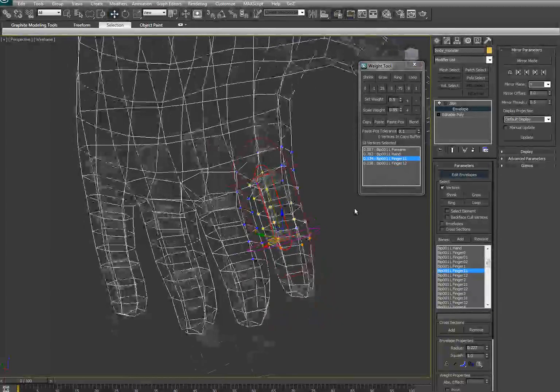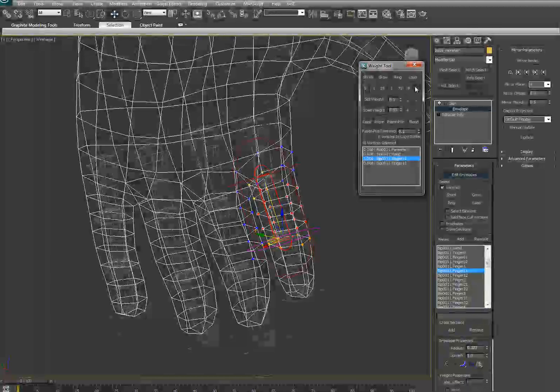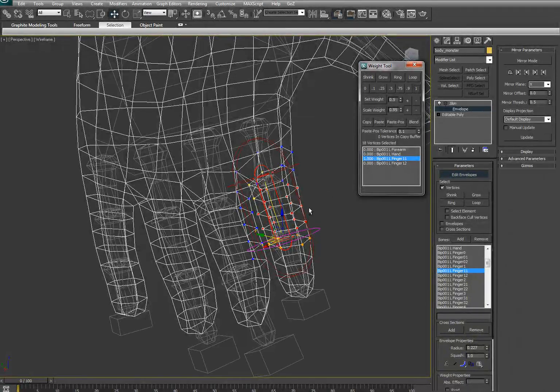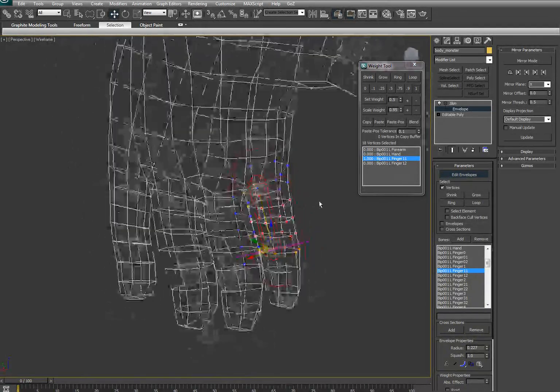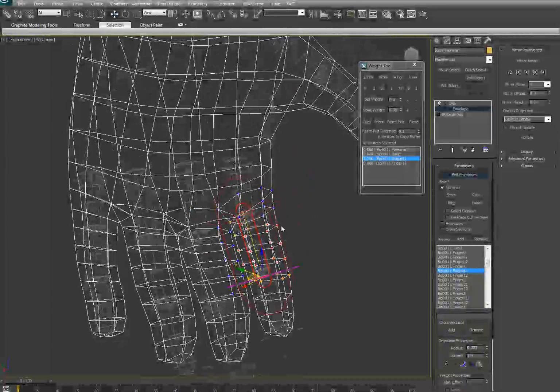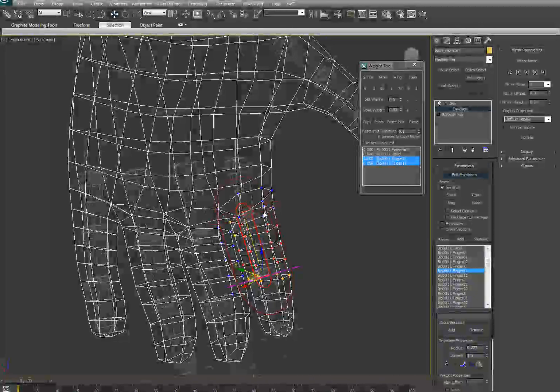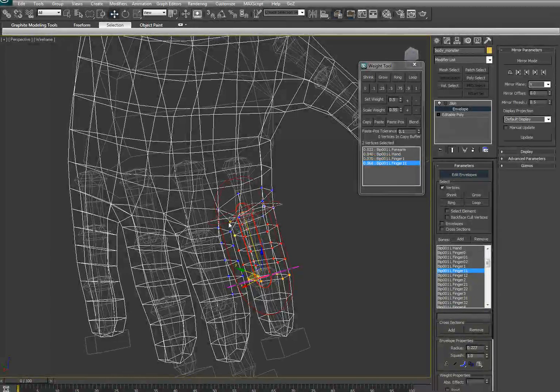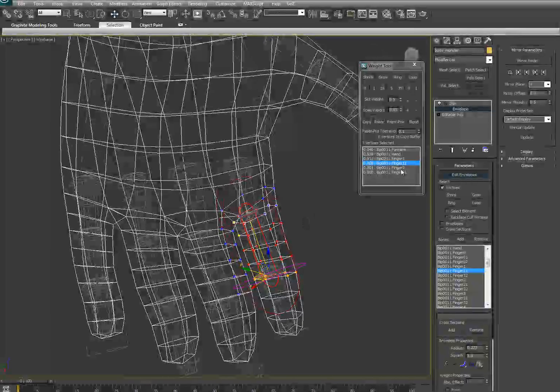So 1. You should take away influence from everything else. I'll take that line, and that's going to go between finger bone 11 and